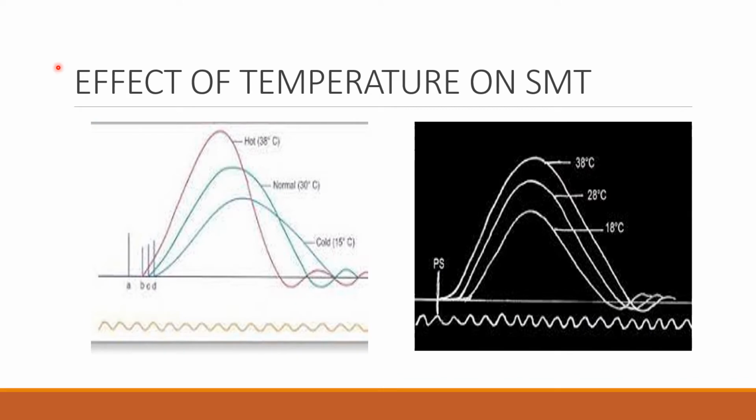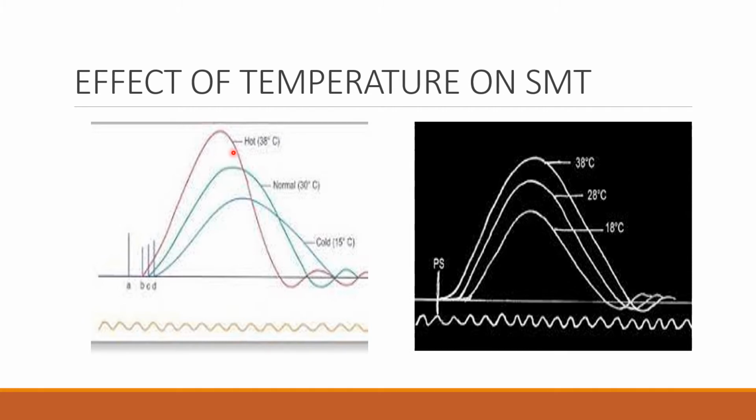So the next graph is effect of temperature on simple muscle twitch. So first one is the simple muscle twitch, and on that we are going to perform different changes and then record the graph. Okay. So the second one is effect of temperature. So simply here we are going to change the Ringer solution in which the nerve muscle preparation is kept. Okay. So for keeping the muscle activity live.